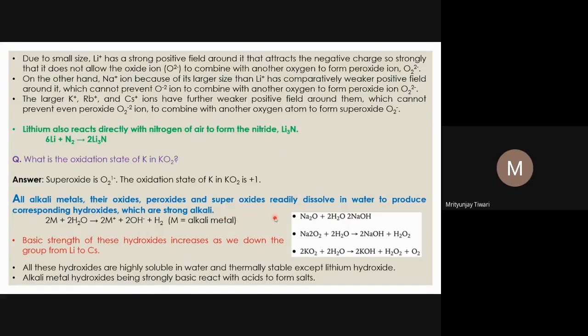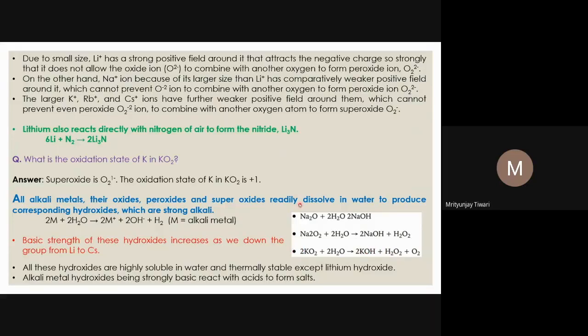Not only that, we have also seen that the alkali metal oxides can also react with water to form alkali. This is sodium peroxide. Sodium also forms normal oxides, but their presence is very small. Usually, if enough time is given, it forms peroxide. So sodium peroxide reacts with water and forms NaOH, and H2O2 will also be there because the peroxide is there. And KO2 forms oxygen, H2O2 plus KOH.